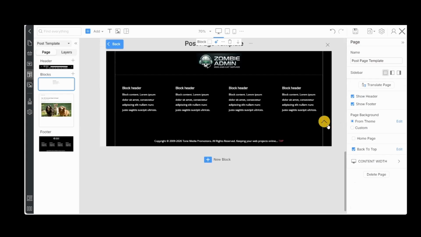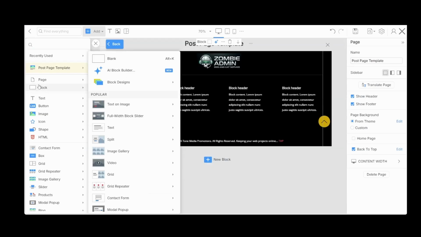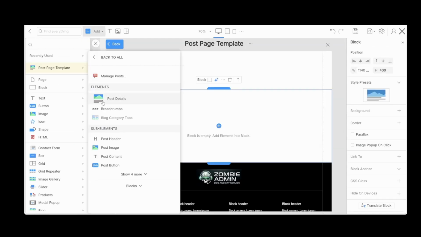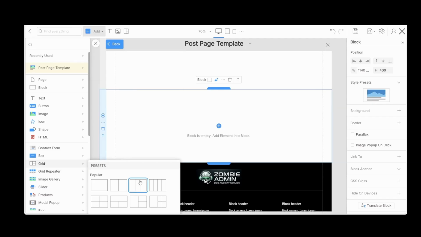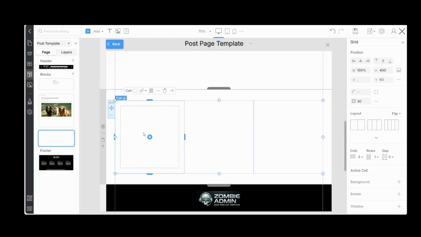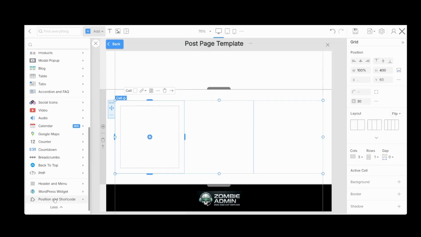And then we're going to scroll down. We're going to add another block. In this block, we're going to add a grid. We're going to have 3 grids. And then in this, we can add position widget area.